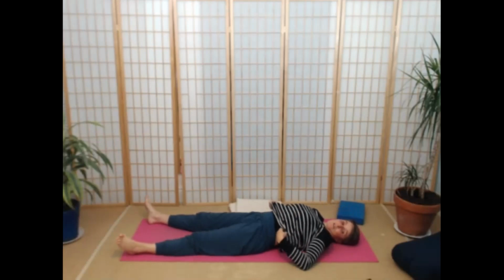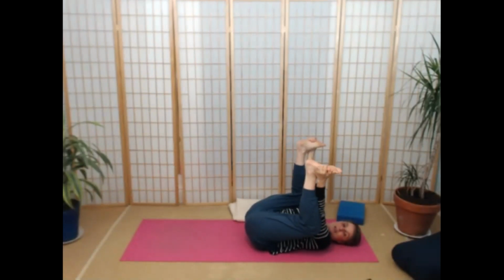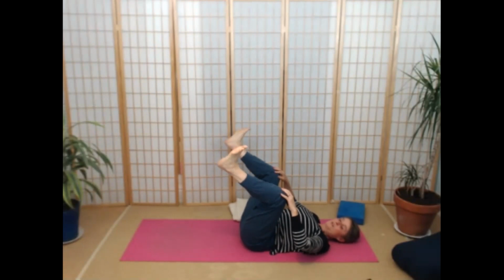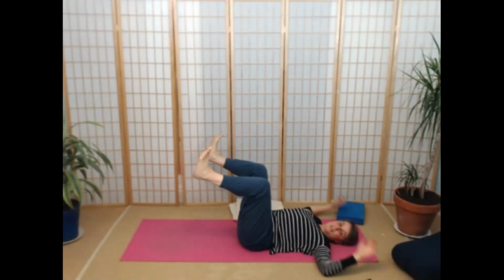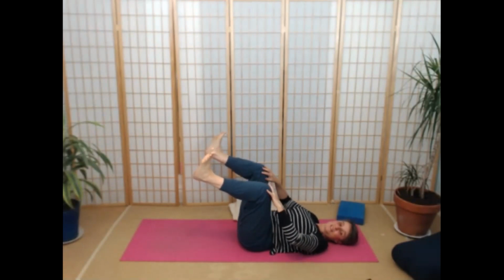We're going to take 5 minutes in stirrup or happy baby, which basically is this. The alternative, if it's really hard for you to come into this pose for so long, is to simply come up against a wall, take your knees apart and push your feet against the wall. We're coming back to targeting the inside of the legs,